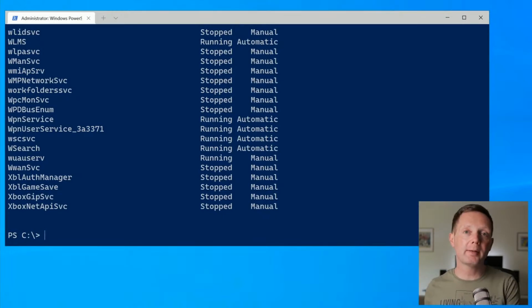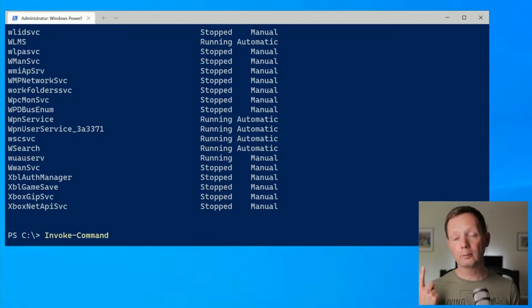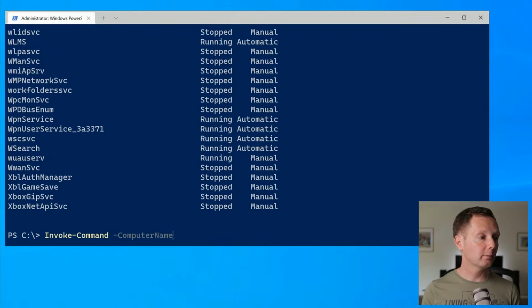But what if I want to run these commands against a Windows Server device? So there are 2 different ways that you can do that. The first is using Invoke-Command. So I'm going to type here Invoke-Command. And I only have one remote server at the moment in my lab, and it's called DC1. It's actually a domain controller. So I need to put ComputerName DC1, and then, for instance, I can run a piece of code. It could be a single cmdlet, it could be a script block,